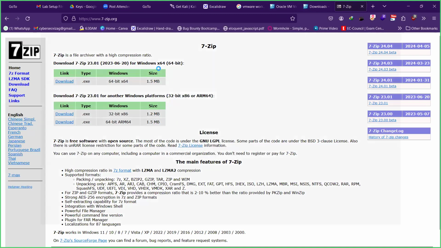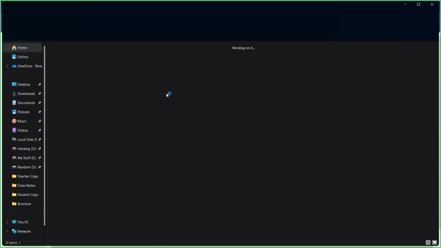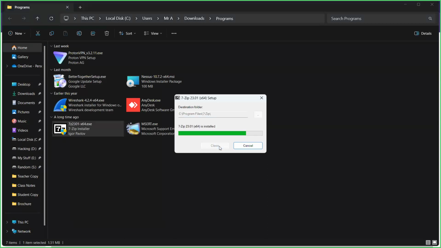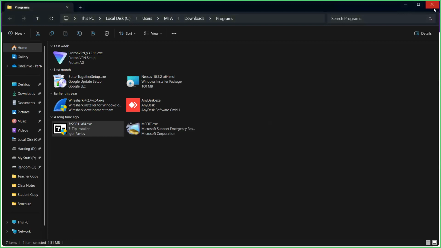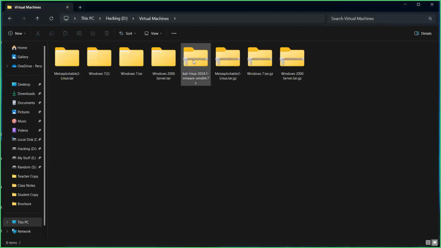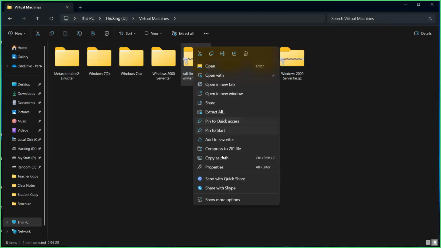And once downloaded, right-click and install. So this is the file, a very simple and lightweight application, just 1.5 megabytes, run as admin, click on install, and that's it. It's installed. Once you have the 7-Zip installed, go back to the same Kali folder, right click on the zip file, show more options,